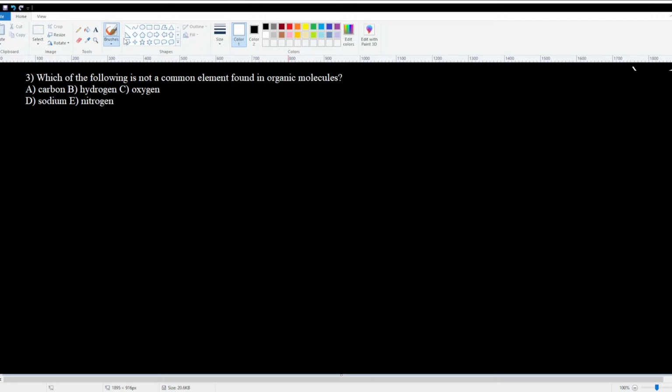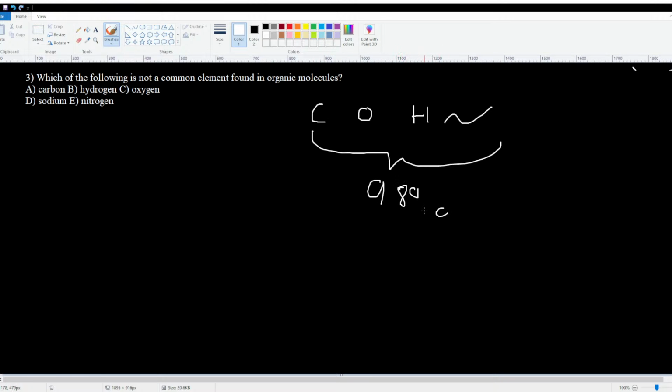So question 3 is asking, which of the following is not a common element found in organic molecules? So, as I'm sure you may know by now, there are 4 major organic molecules in humans, and that, of course, are carbon, oxygen, hydrogen, and nitrogen. So everything that's not this makes up like 98% of organic molecules, and especially the chemical composition of molecules in the human body,